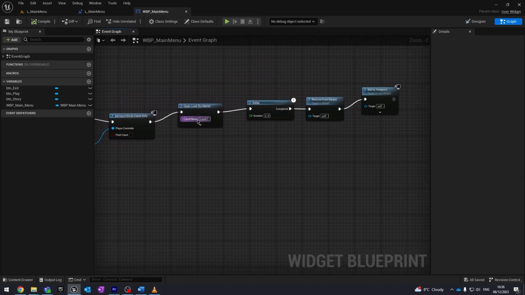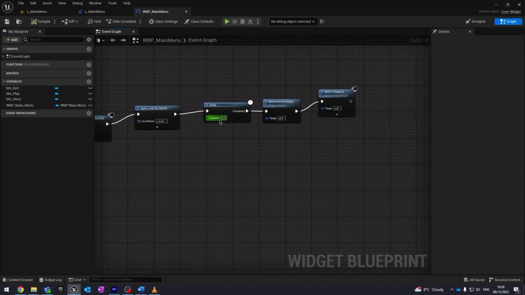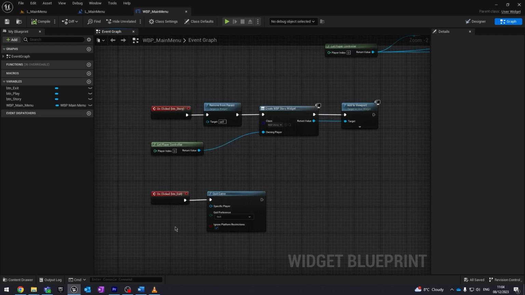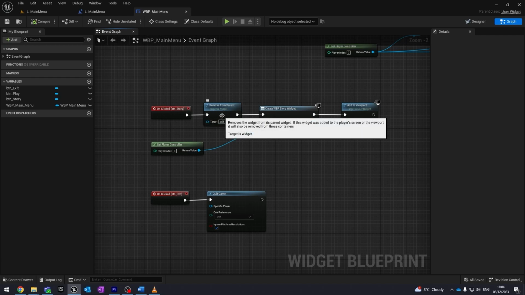Then it goes to an open level before adding another delay on to finish loading, to then go into a remove from parent so it can be removed from the screen, and then an add to viewport to show the game. Next is my story on clicked, which, when that action happens, removes the main menu widget from parent before